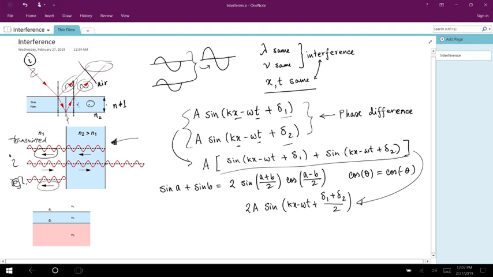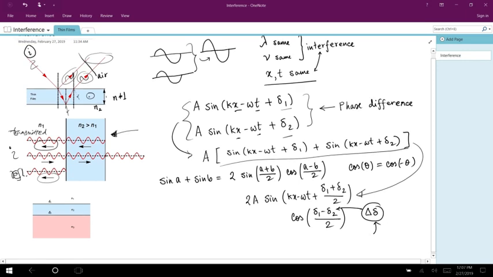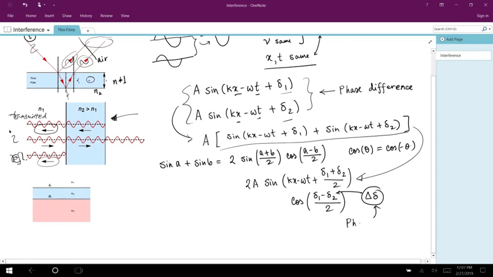So that's this part, (A + B)/2. And the second part, the cosine of (A − B)/2, is going to give me a cosine where the kx − ωt cancels from both, but we are left with (δ1 − δ2)/2, and we can call this Δδ, right? It's what is called the phase difference between the two